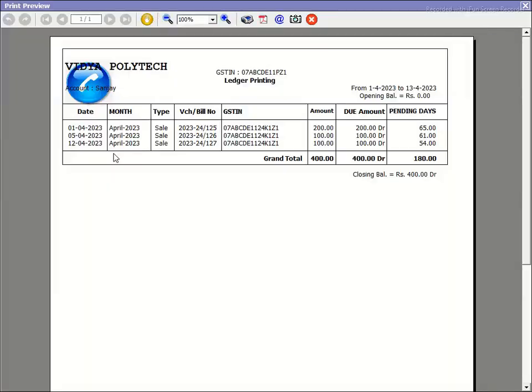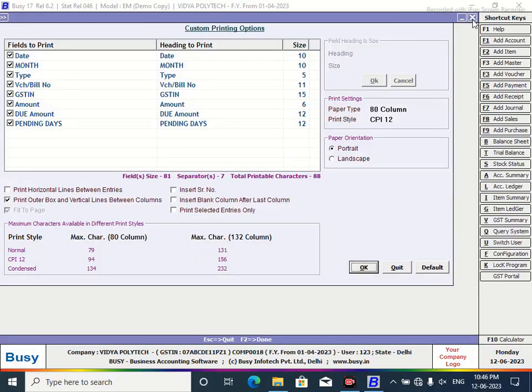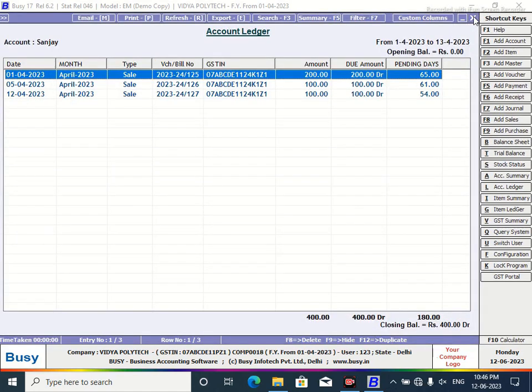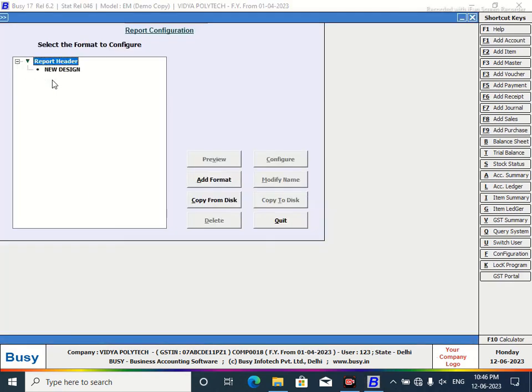it comes under new design. Yes. See the fields. Month I have given, sale type I have given, voucher bill number I have given, GST number has come, invoice amount has come, due amount has come, pending days has come. Okay. Now, as it is from grid, now I will add